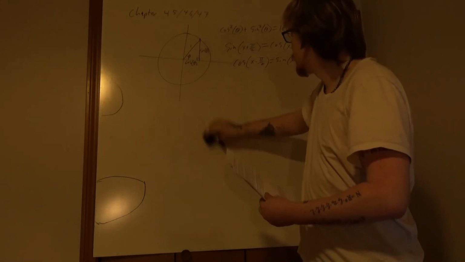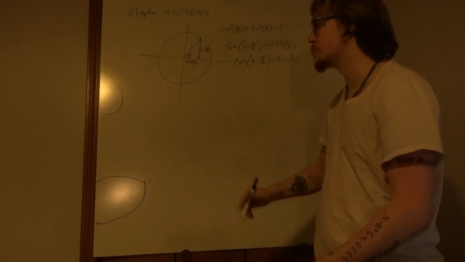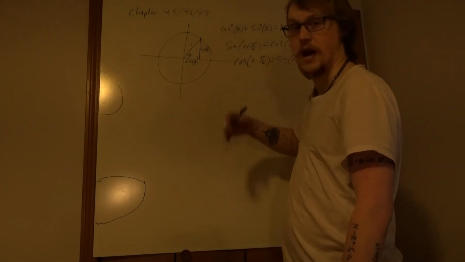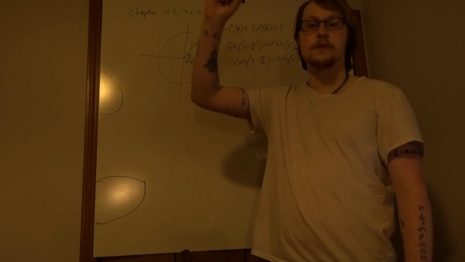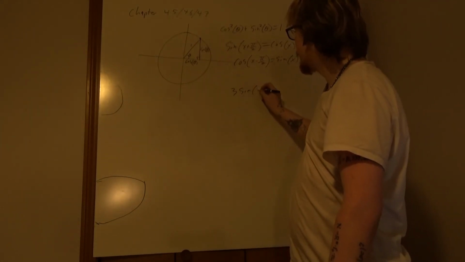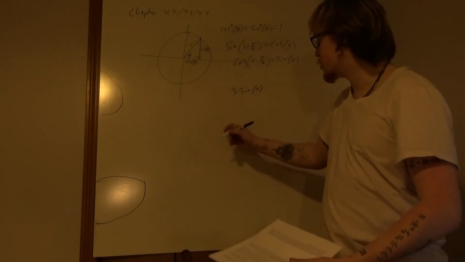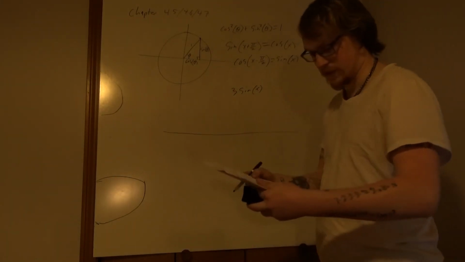So if we wanted to do the same thing but with sine and cosine, there's no problem, we can just do that. If we wanted a sine curve that goes up to 3 and down to -3, it simply is going to be 3 times the sine of x. And we can check this. I think I gave you